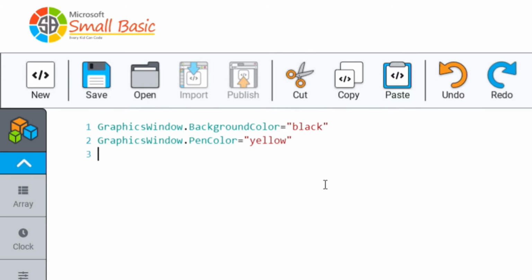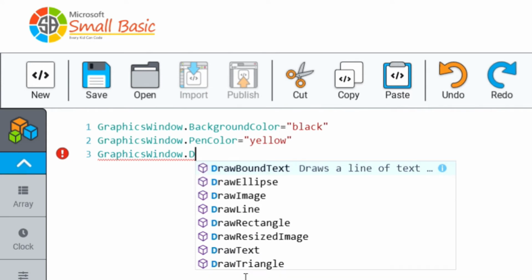pen colour. Now we wouldn't see anything if we ran that at the moment other than a black screen, because now we need to actually do something. So our usual command when we're in school is draw, to draw a line. It's a bit more complicated in this one because we've got to tell it to do it in the graphics window. So again, G, the graphics window, dot, capital D